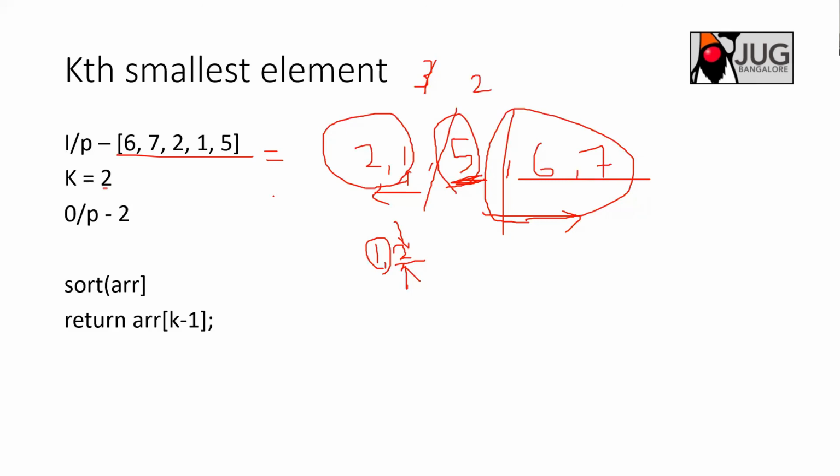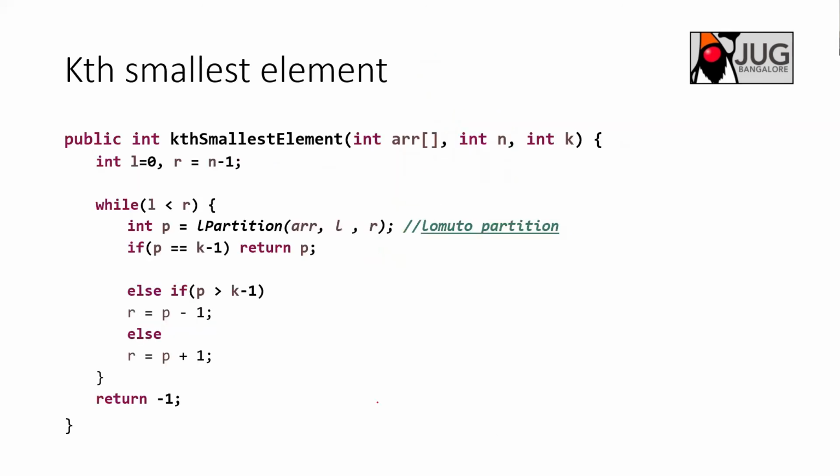Let me show you with an example. Let's see here. What I have done is finding the kth smallest element. I will do the Lomuto partition first on the given set, and let me assume that my pivot is the last element, and it has returned me the position. In my previous example, I got it as 3, right? I will check first whether 3 is k minus 1. Whether it is 2, because k is 2 that I'm passing here. I got the position as third, but I'm looking for the second position, 0, 1, right? K minus 1, k is 2 here.